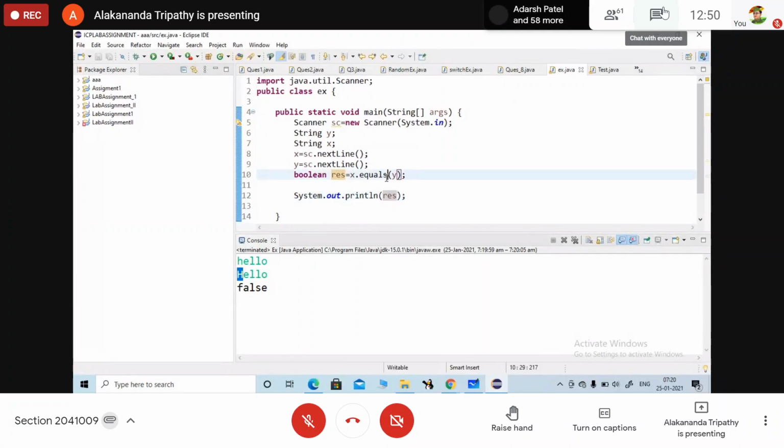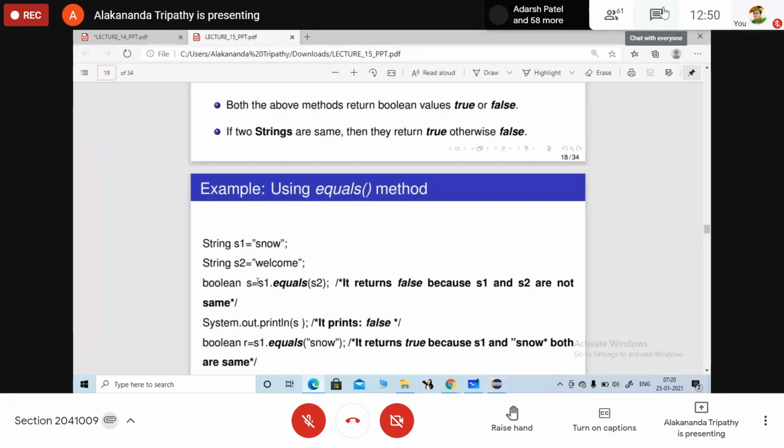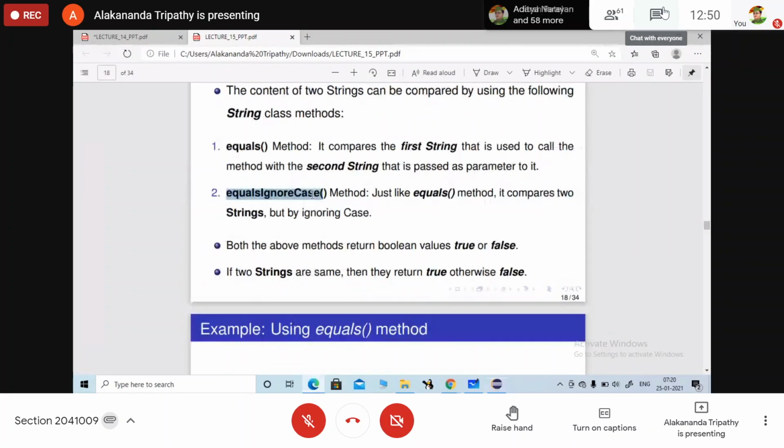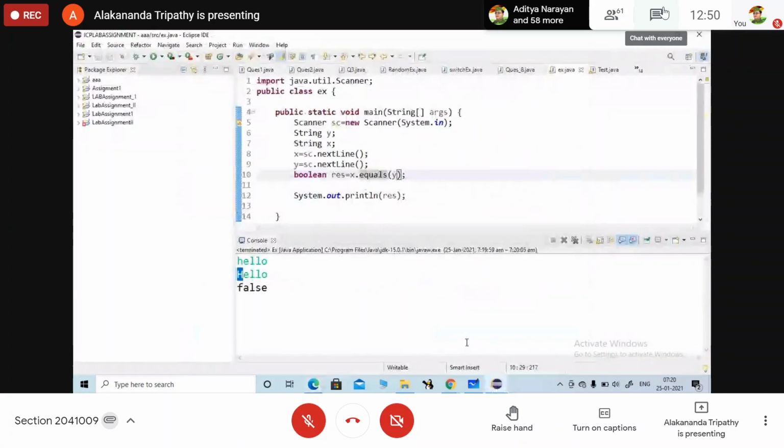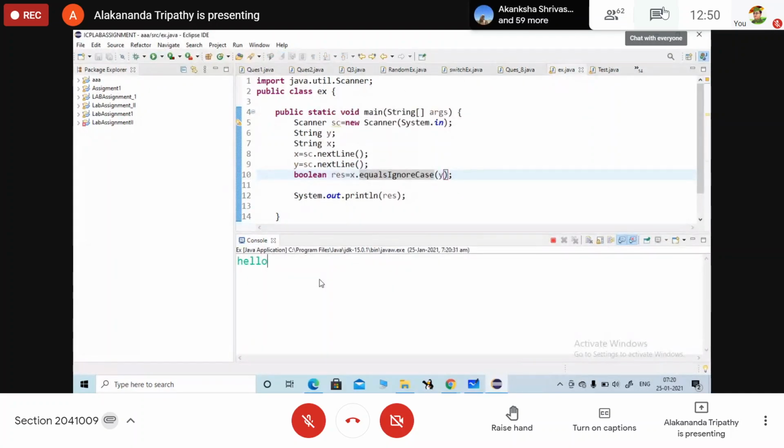So if I write the next one, equalsIgnoreCase, then again I will make the comparison. My first string is hello. The second string is Hello. Now what will be the value? True. So it will compare the strings by ignoring the case.